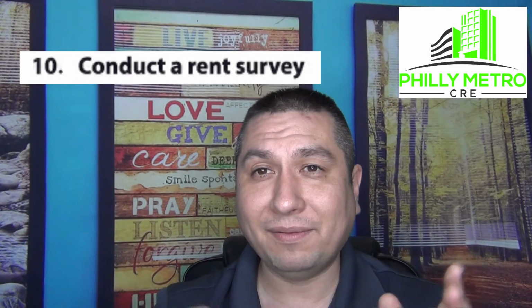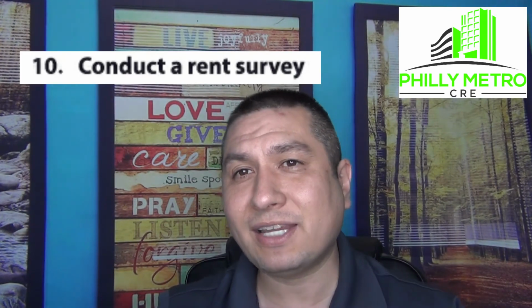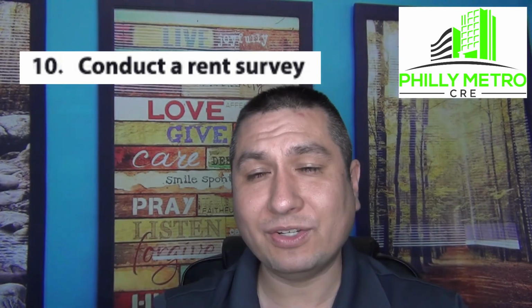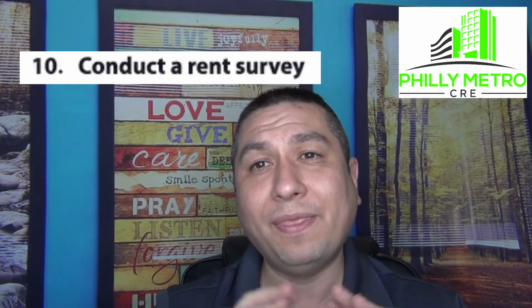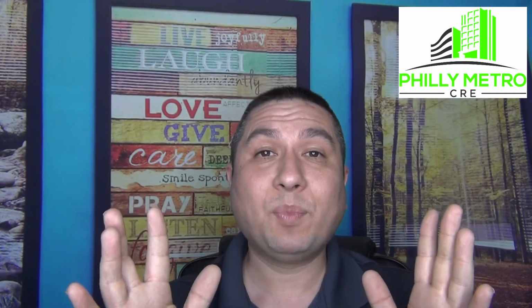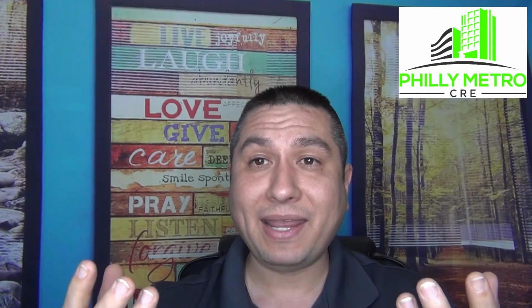But a good tenant, they are shopping around, they're a little bit savvy, they do want to be in nice areas, but usually they have options. So if your building's nice and your rent might be on the higher side, but still within fair rent value, they'll pay that rent if it's nice. So that's why it's important to follow these 10 tips to keep your rent amounts high and maintain your tenants